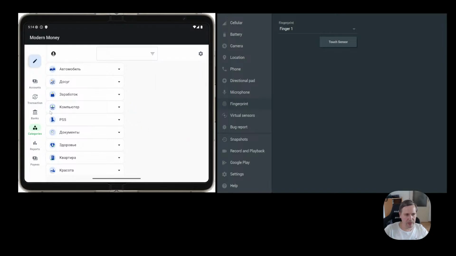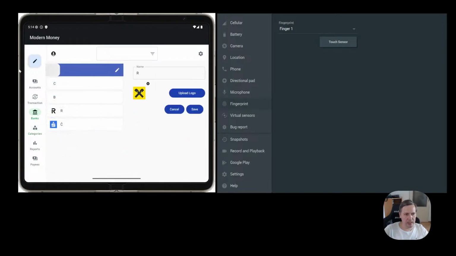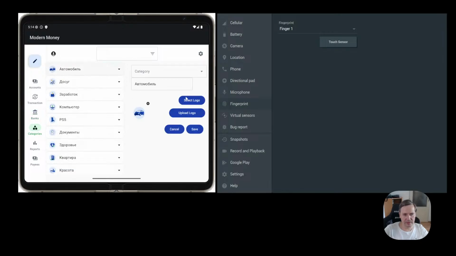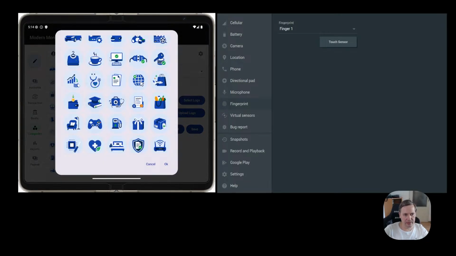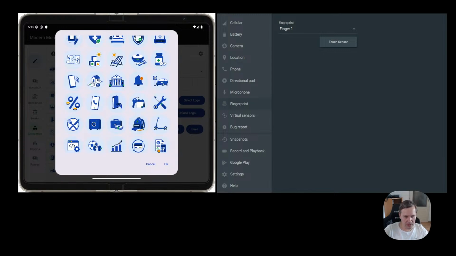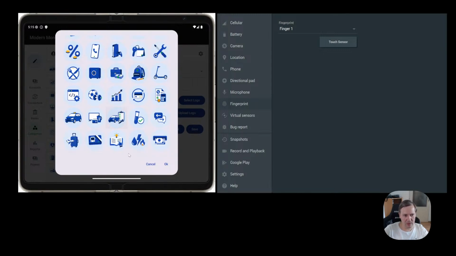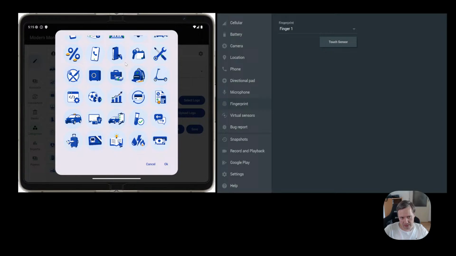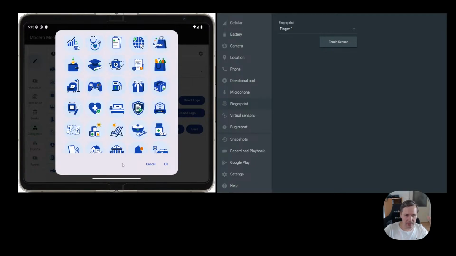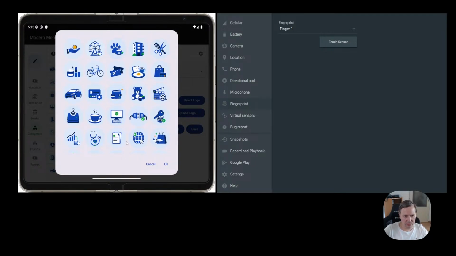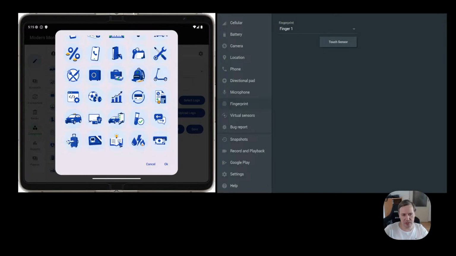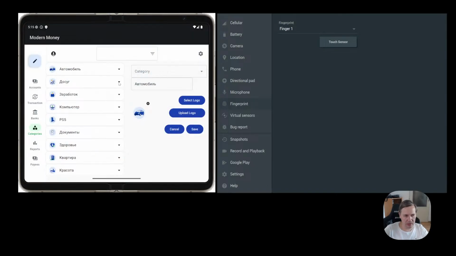Right now, everywhere it's exactly upload logo. But for categories, we have select logo and upload logo. And if we click select logo, we have pre-built category logos. And again, maybe I will create more in future, but right now it pretty much covers all my categories which I already used,